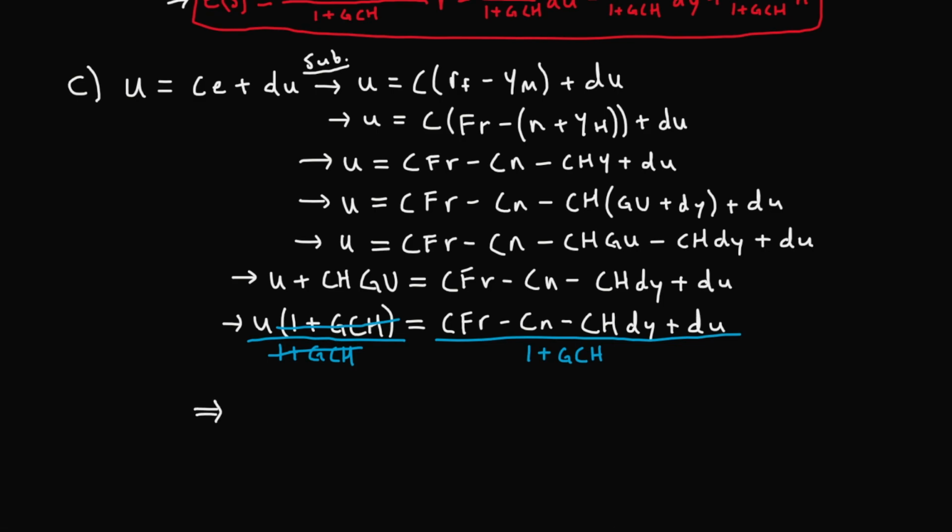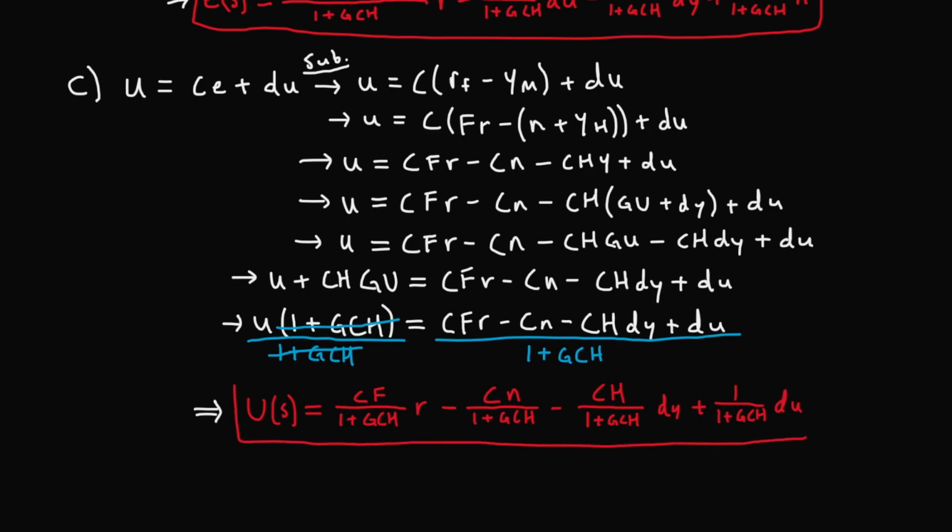Hence, we will have u of s equals CF over 1 plus GCH times r minus CN over 1 plus GCH minus CH over 1 plus GCH times dy, and then plus 1 over 1 plus GCH times du. And so that right there is the plant input u of s expressed as a function of all the inputs,